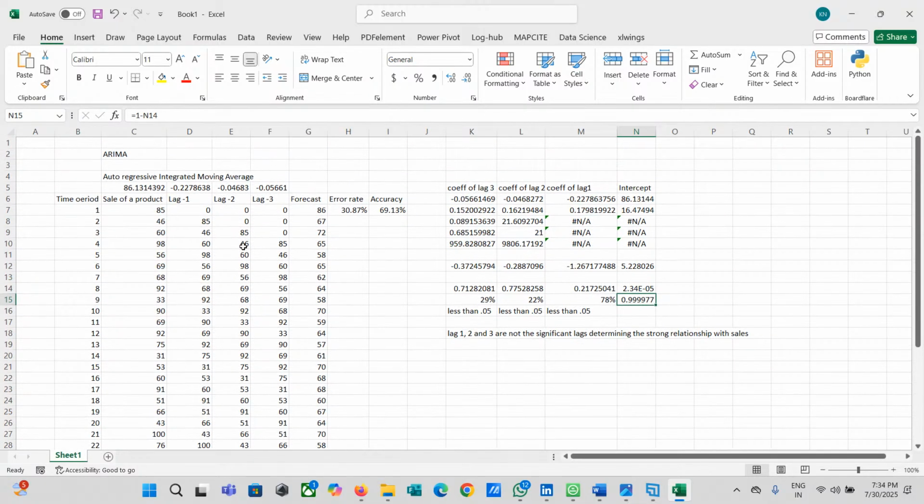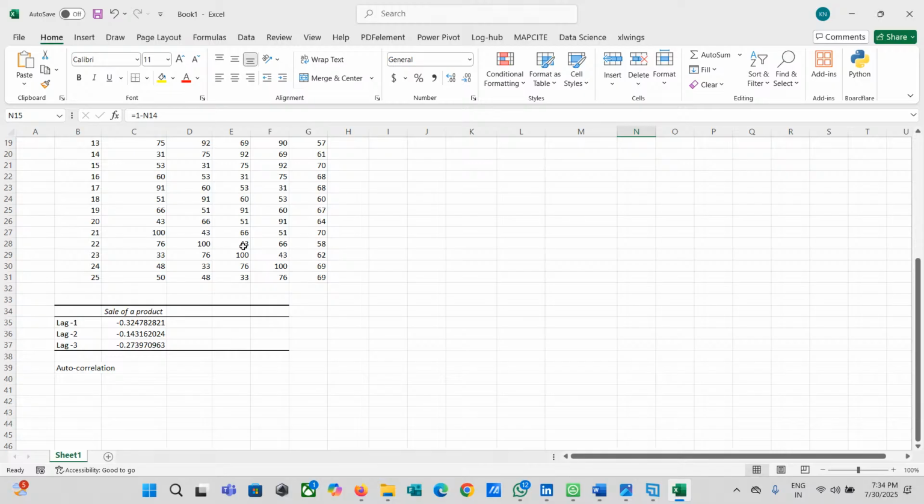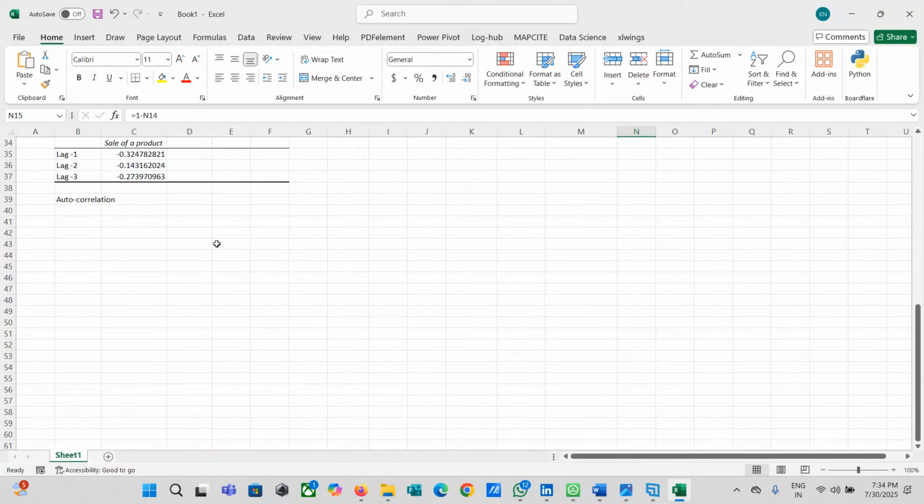Okay, so this is called correlation, autocorrelation, autoregression. How is this related? We already know ARIMA. In ARIMA we have to take autoregression, so this plays a very important role. But in ARIMA, some of the important considerations we have to check is the stationarity of the sales. What is stationarity of the sales?